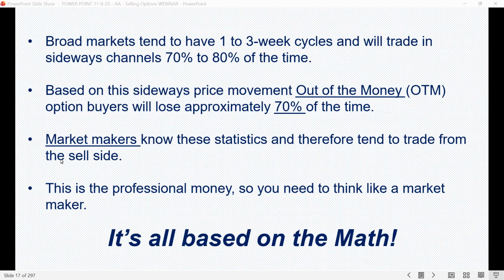So when we look at broad markets, you'll probably notice that markets tend to have one to two to three week cycles, and we'll trade in sideways channels a great deal of the time, maybe 70, 80% of the time. So it's based on the sideways price movement that out of the money option buyers are going to really lose a lot, approximately 70% of the time, or 68 to 70%,